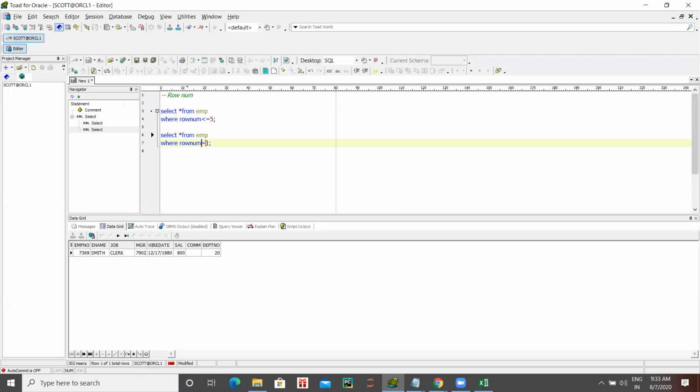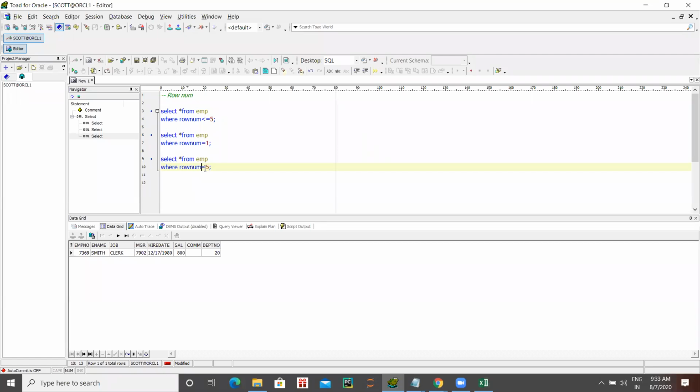Now enter. Now give greater than or equal to 5. Here you won't get any records.